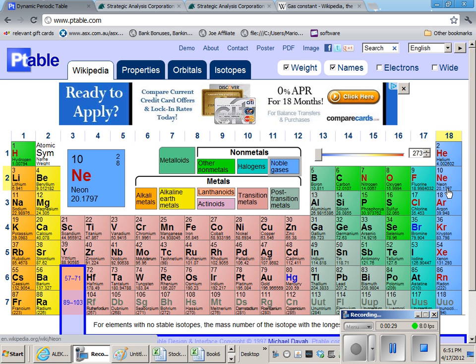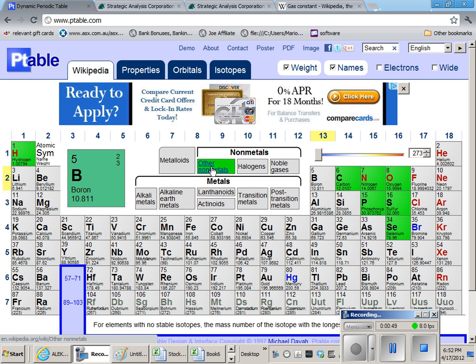It's unusual to see them. It does happen once in a while under crazy conditions, but they're extreme conditions. Immediately to the left of the noble gases, you have these elements which are called the halogens, and you have other nonmetals. So this group here called the other nonmetals,